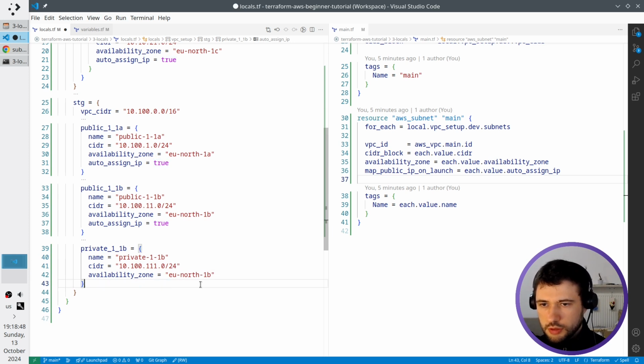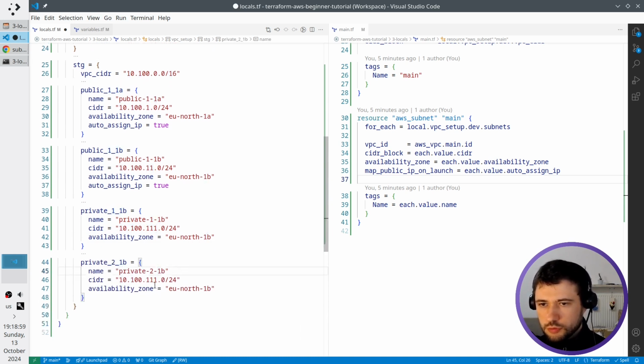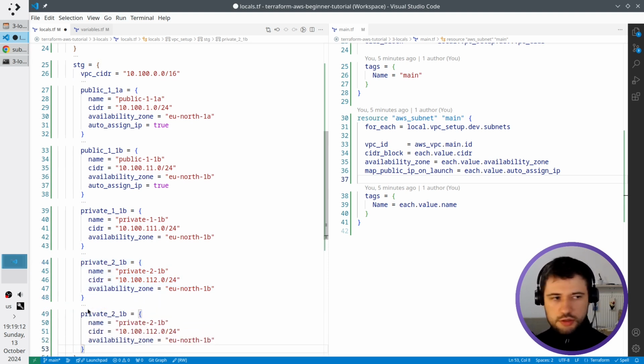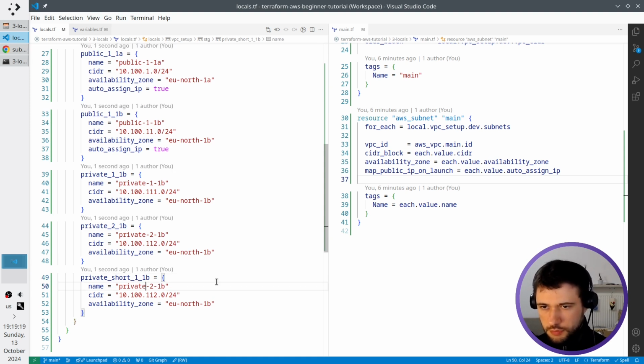Auto assign, remove it. I want a second private subnet in the same availability zone. So I write private 2, 112, availability zone north 1B. And I want some small subnet. So I create private short 1B, it is private short 11b,